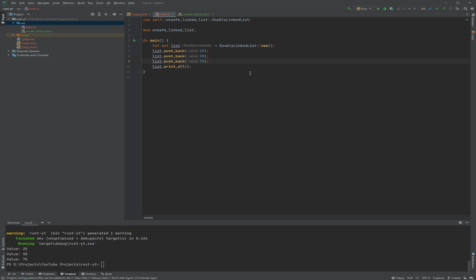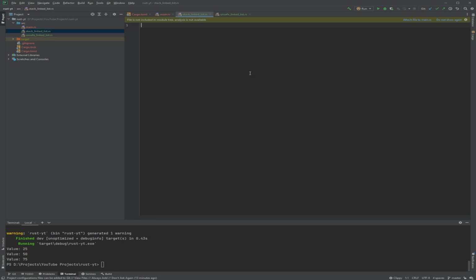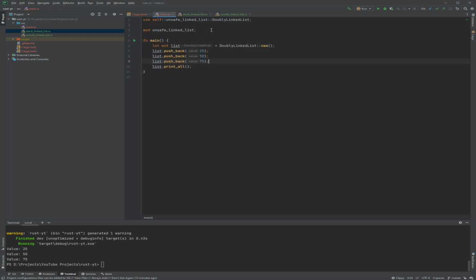We want to write Rust, and if you look at another implementation, it's just going to be a stack type linked list. It's like a stack linked list, I think. So this is one of the other ways, which uses a lot of powerful features of Rust, and you can get cache coherence if your list is ordered. So it's probably another way to use a linked list, but this is also not the best way, but I want to show it.